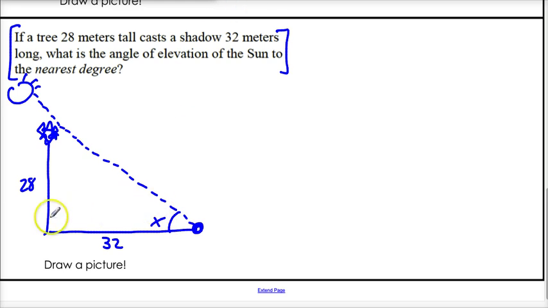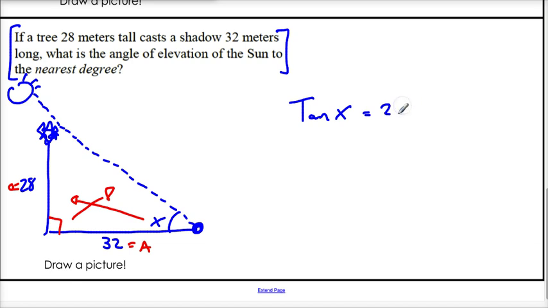Let's label the information we know. All right. So across from the x is 28. So that is our opposite. Okay. Across from the 90 is nothing. So that's our hypotenuse, and that leaves 32 as our adjacent. Once again, I'm not going to write it all out. You should be getting used to this. Opposite and adjacent is the tan function. So let's write that. The tan of x, which is our angle, is equal to